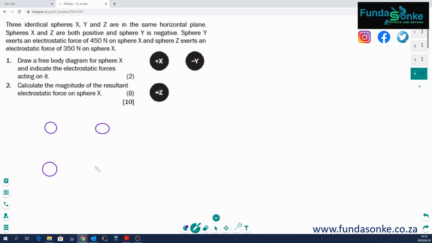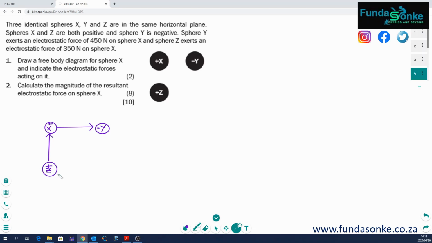So in this case, this is my sphere Z, which is positive, and here I've got my sphere X, also positive, and there's my sphere Y. Okay, my sphere Y, which is negative, such that my X will be attracted to Y, while Z is going to exert a repulsive force pushing X